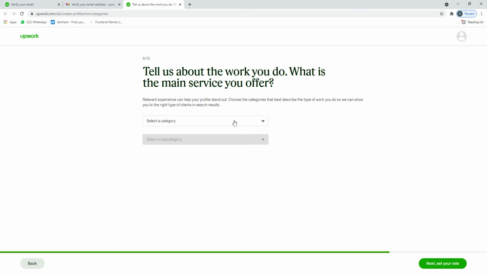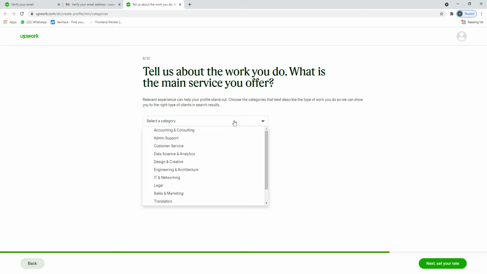Are you seeing it? They just want you to go to the nitty-gritty of the job. Remember, we started from software engineering to the skill, web development. Now they ask what is the main thing you offer. So in your web development, what is the thing you offer? What I offer is design and